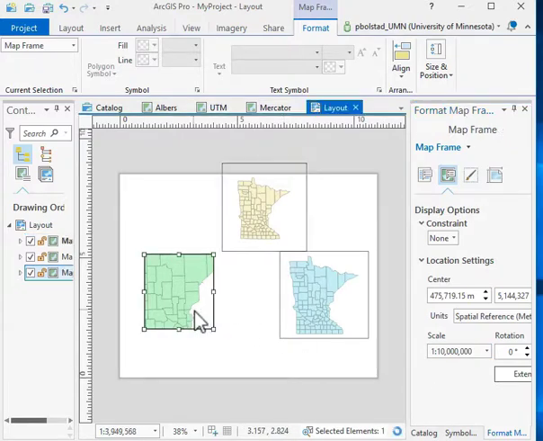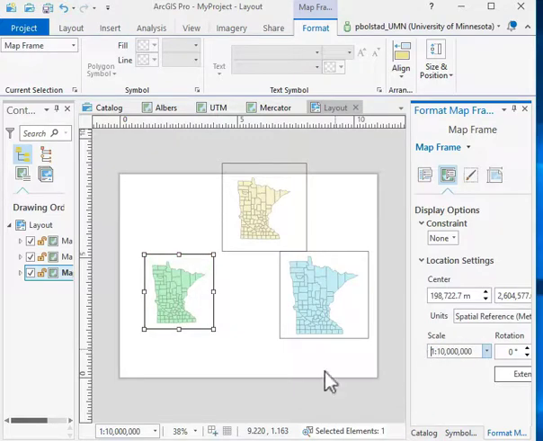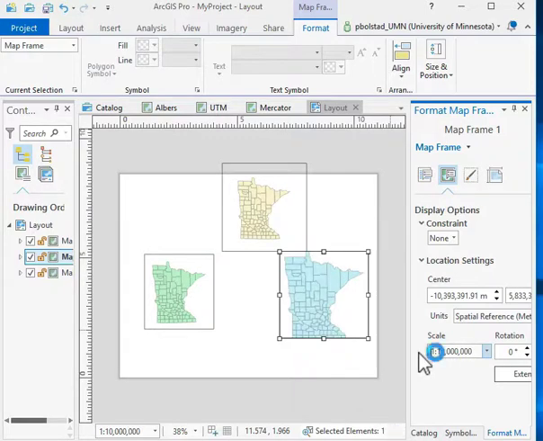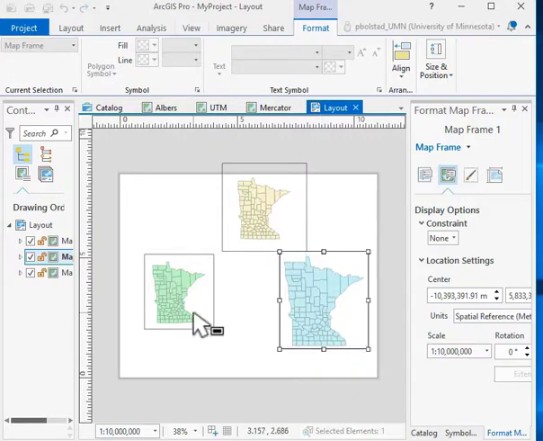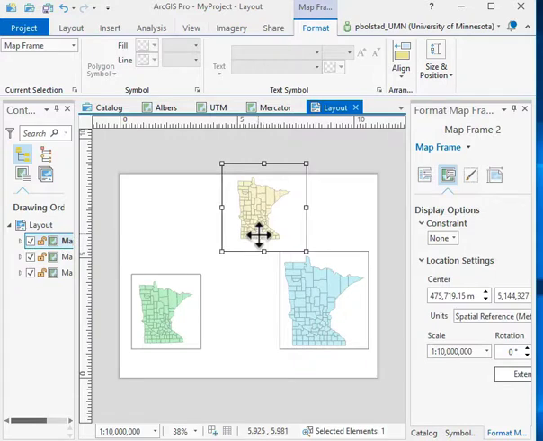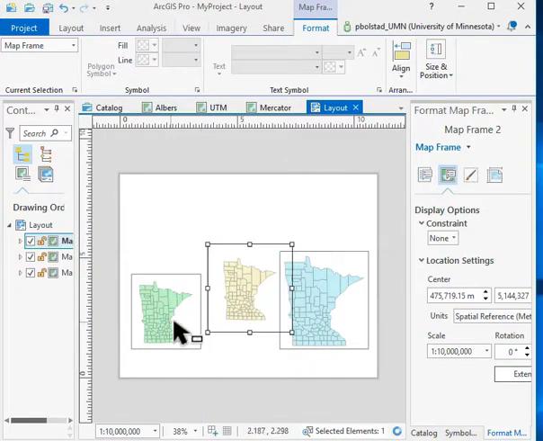I can do the same thing then for this map, 1 in 10 million, again 10 and then the 6 zeros, and you'll see that it resizes them all to the same map scale. And I may then have to make the panels a little bigger and smaller. I can remove the exterior bounding line if they're going to overlap, which I'll have to do here, and add